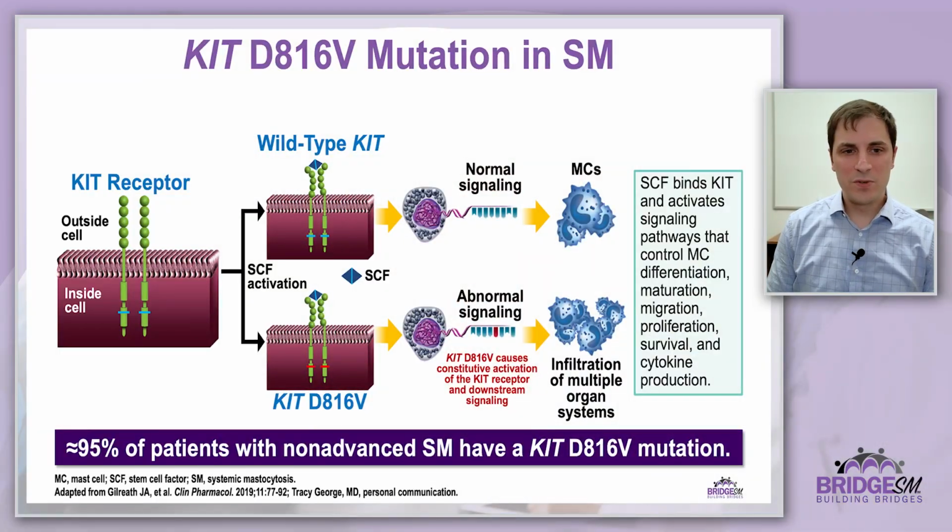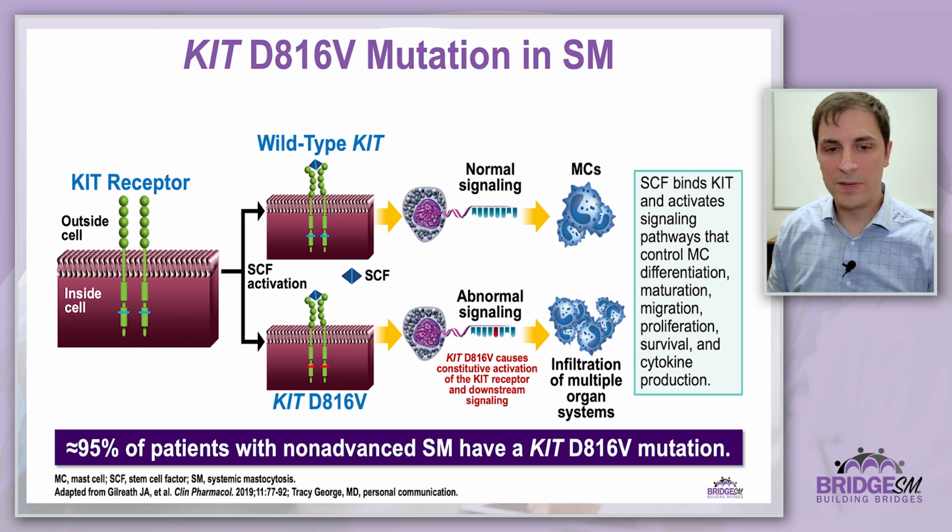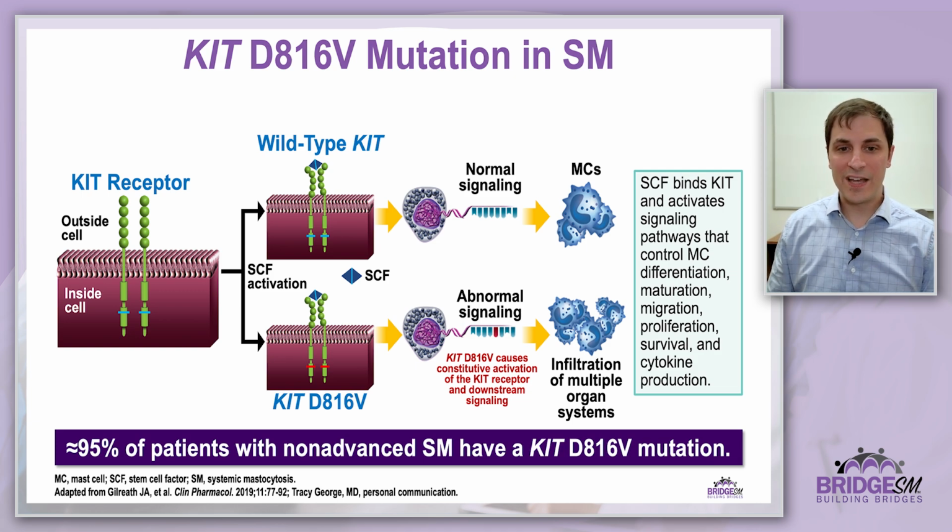If you look here, you can see a schematic of the KIT gene. KIT is a receptor tyrosine kinase, and the cognate antigen is called stem cell factor. In normal situations, stem cell factor will bind to the top of the KIT protein and initiate an intracellular signaling cascade. Now, in mastocytosis, the problem is that inside where the D816V mutation occurs, it causes the kinase to